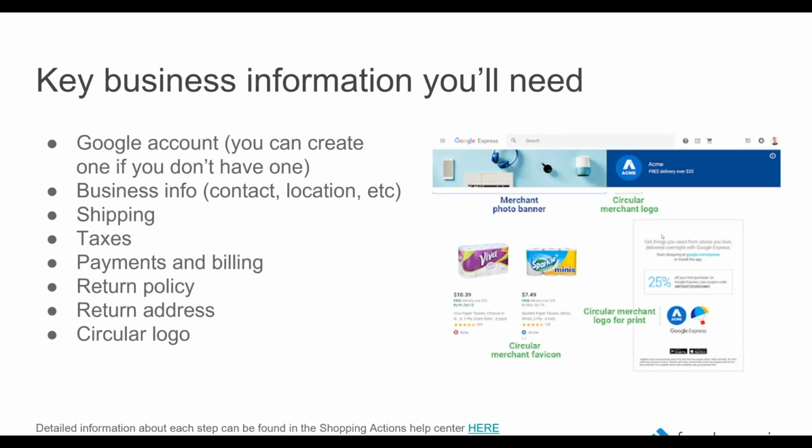Because ultimately, definitely. And just that. Sorry, go ahead. Oh, I was just going to say, we deal with this quite often with Feedonomics, where sometimes we find that people are sending parent-only feeds, and other times they're sending the correct kind of child variant feeds. So in Feedonomics, we do have this ability to either go one way or the other. So let's say that in your current feed, IO, you don't have any kind of variant information. We can actually crawl your website if you can't get that to us, and we can actually break it down. So instead of it just being one parent level product, we can actually make it into a distinct variant level product per product row that we send to Google